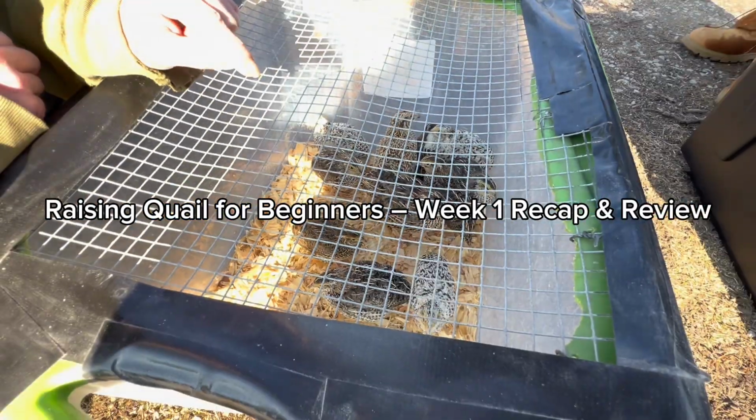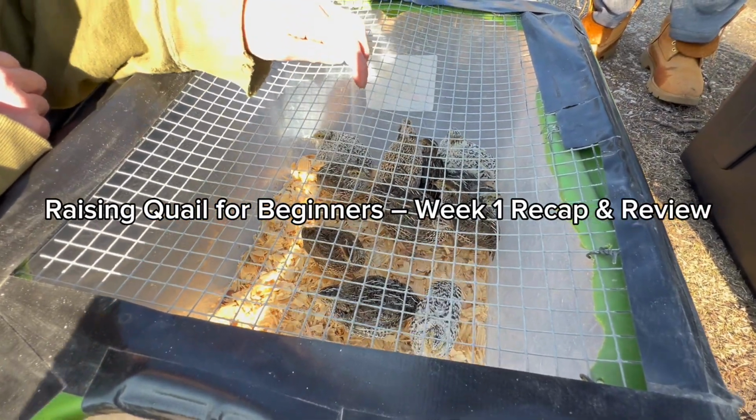The white and black speckled ones in a cage that these two were in, and they were just starting to